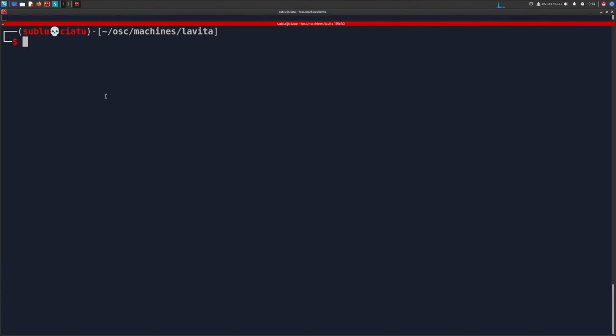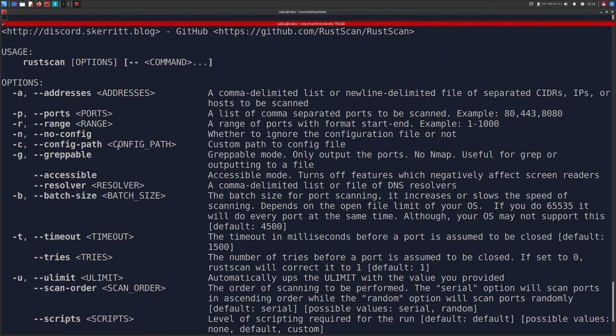Let's go ahead and start off with a network port scan. Today we're going to be using rustscan, which is pretty new, at least in my arsenal. I've never actually used it before, just seen a couple of videos on the functionality of it. So let's go ahead and do rustscan with a help flag so we can see all the different options that